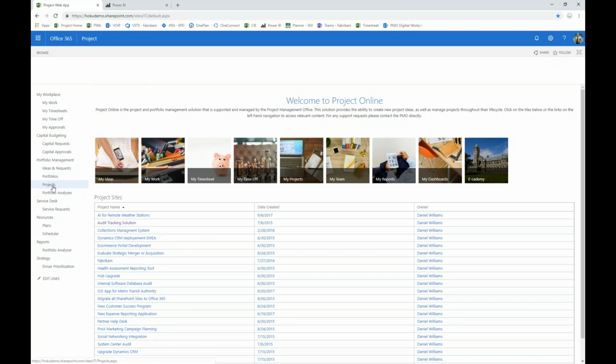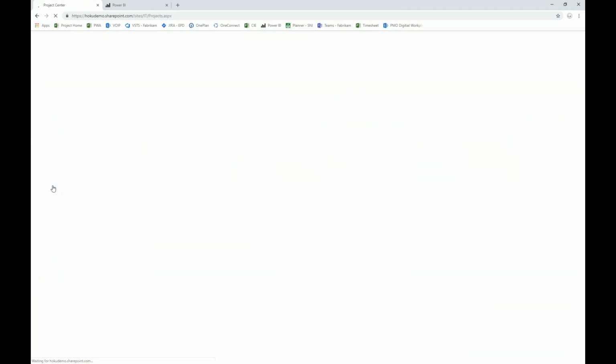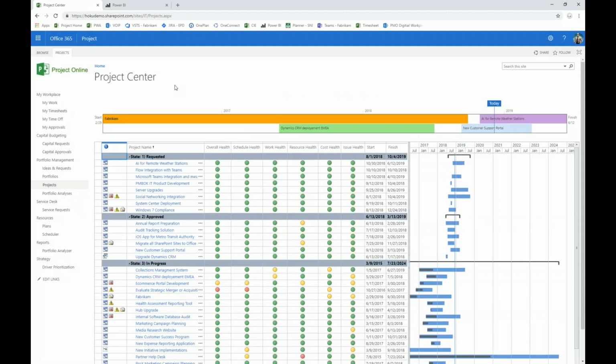So of course, we're talking about projects. So let's go and look at the main Project Center interface within this solution. This Project Center is where we get to see a list of projects that have been published to Project Online and made visible, again, based on the security model, with a selected bit of information exposed about each of